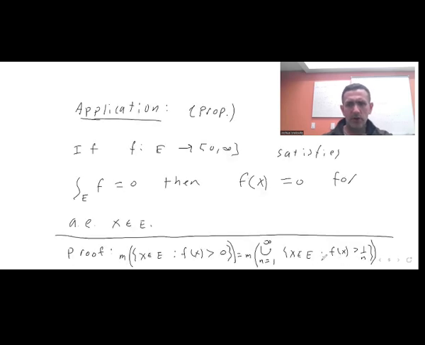So actually these are going to be nested. Sorry, ascending. They're definitely ascending. In particular, if f of x is bigger than 1 over n, then it's certainly bigger than 1 over n plus 1, bigger than 1 over n plus 2, etc. So these sets are getting bigger and bigger. Or you can use countable subadditivity, it really doesn't matter which one you use. I'll just use continuity of measure, because we do get equality. By continuity of measure, this is equal to